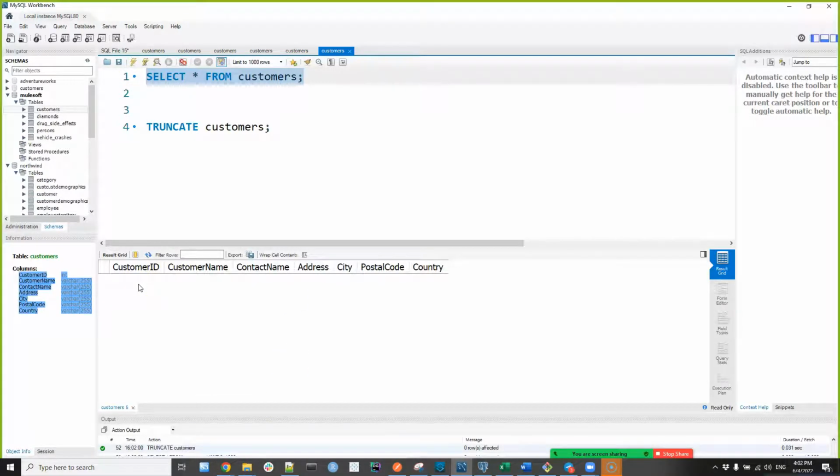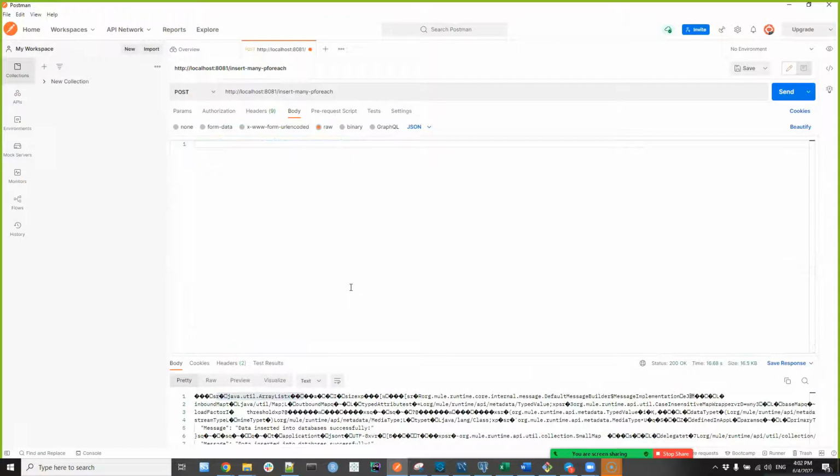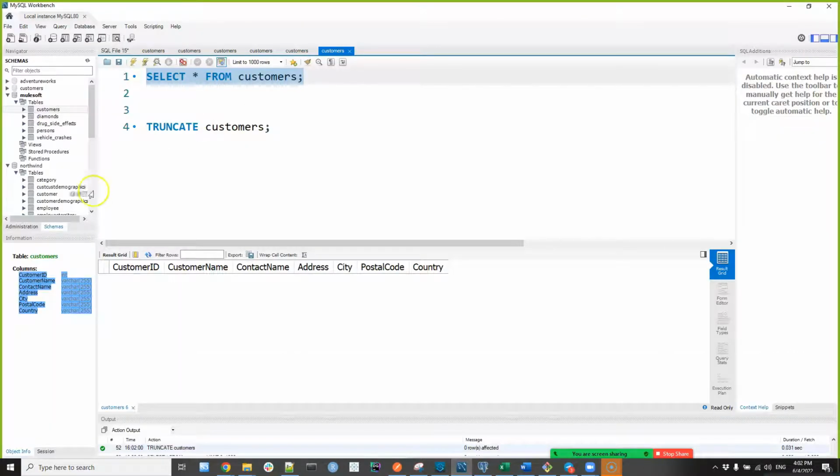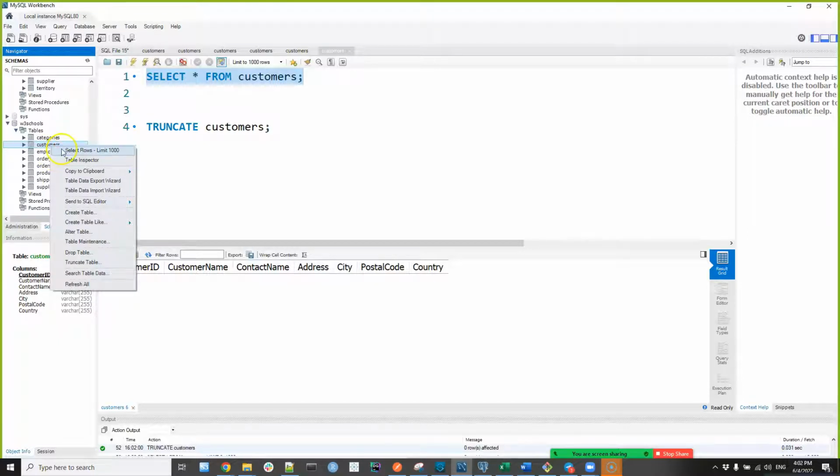So now we will insert data to the database from MuleSoft by sending data from Postman for the first case. So I have Postman here. Let me remove this. And by the way, if you have already created the W3 schools database, this is a customers table that we are practicing with. So to help you insert, copy paste the data as JSON in Postman, you can export it like this. If I do right click,